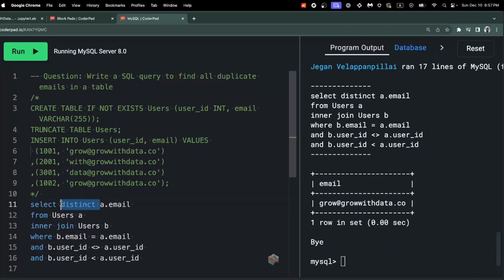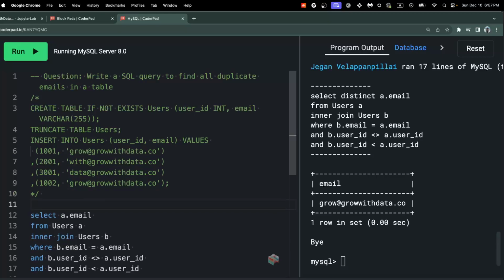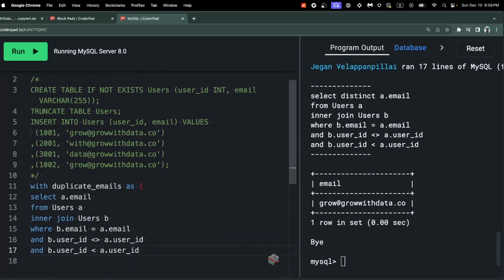If they ask to find both the records, all the records which are duplicated, then you have to add one more condition to it. Just create this as a CTE table, say, duplicate emails. Duplicate emails as, so we create this as a CTE table, and then select